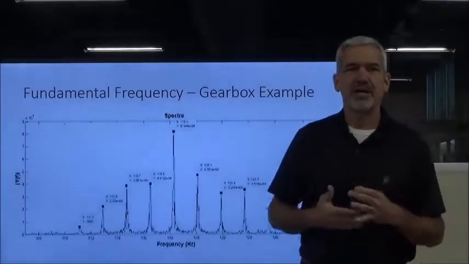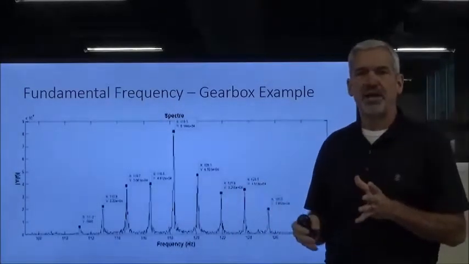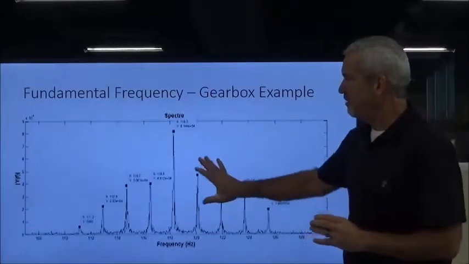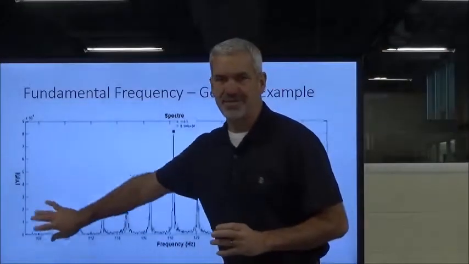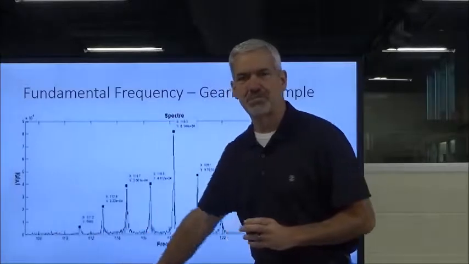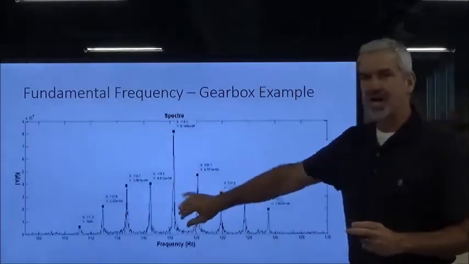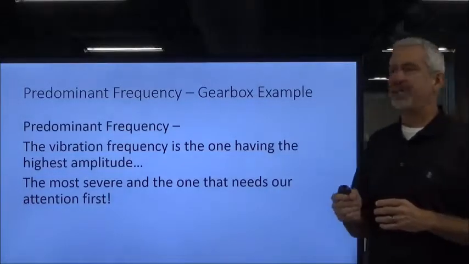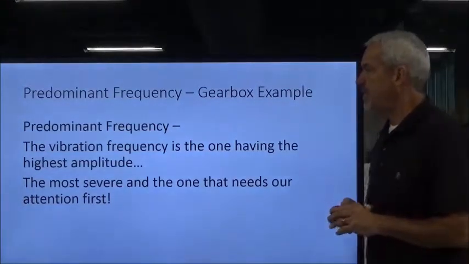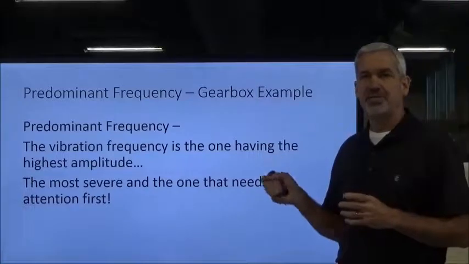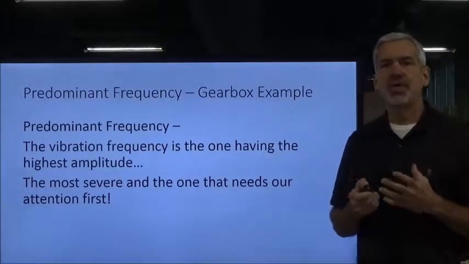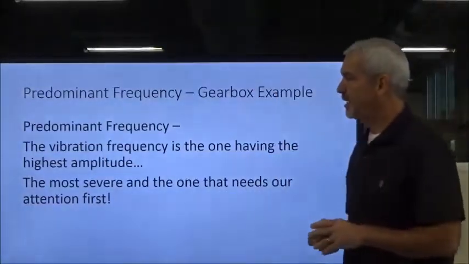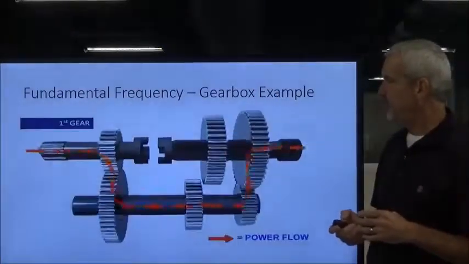And it's going to vary depending on how many gears you've got in there, how many teeth each gear has on it. But this gives you an idea that you're not going to find your gear mesh frequencies down here around the 900, 1800 cycles per minute. You're going to find them much higher, okay? And then finally, the predominant frequency. The predominant frequency is the frequency we need to worry about the most. Which one is the highest? It will not always be the one on the far left, like I showed you